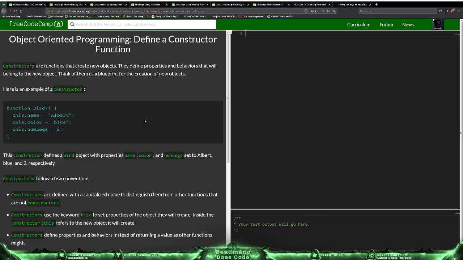Fine. Constructors are functions that create new objects. They define properties and behaviors that will belong to the new object. Think of them as a blueprint for the creation of new objects. Here is an example of a constructor. Function Bird. this.name = Albert. this.color = blue. this.numLegs = 2. This constructor defines a bird object with properties name, color, and numLegs set to Albert, blue, and 2